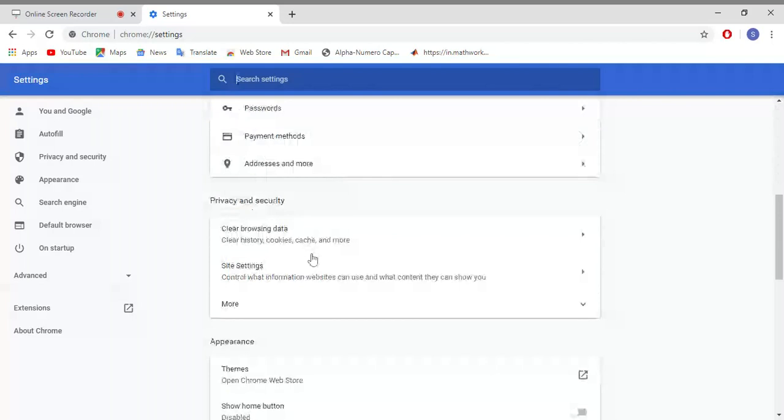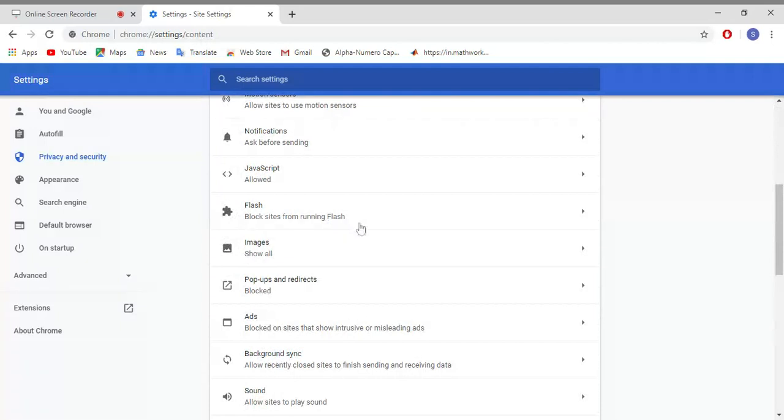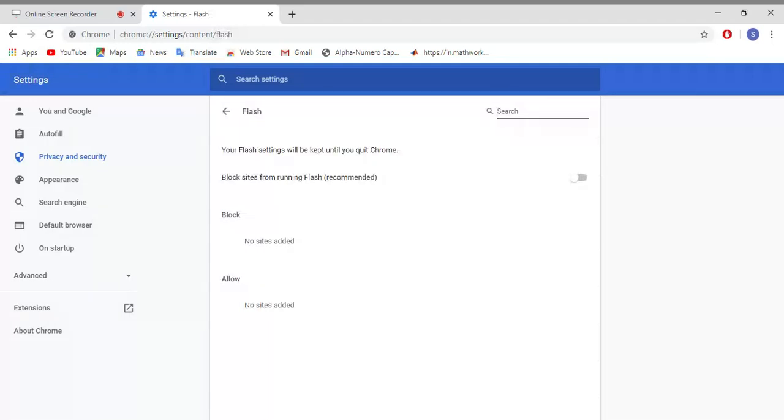Now just scroll down and you will find site settings. Click on the site settings and then you will find Flash. By default this will be showing block sites from running Flash, but in order for the virtual lab website to work, this blocking of sites from running Flash has to be disabled. You have to enable the Flash settings. Once you click on this, you will get a new page where at the right side you will find a toggle switch. You need to